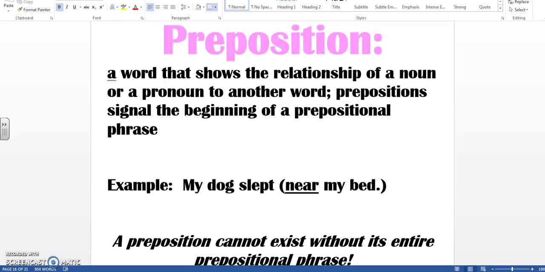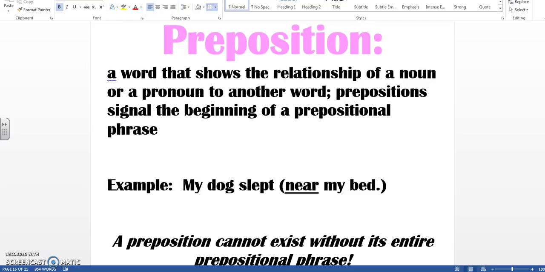For example, my dog slept near my bed. Near would be your preposition, and bed would be your object of the preposition. So you have your entire prepositional phrase there. A preposition cannot exist without its entire prepositional phrase. Always remember that. Okay? Now, when you're diagramming a prepositional phrase, it gets a little tricky because